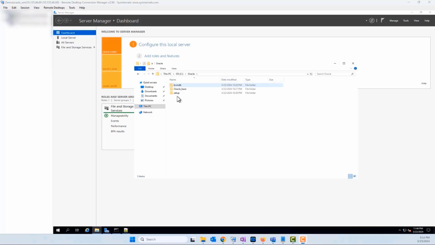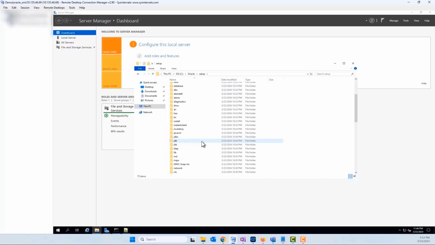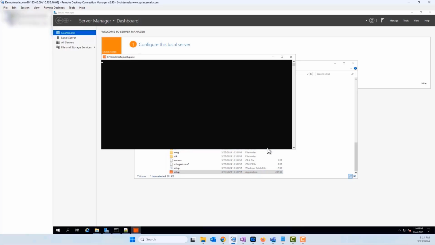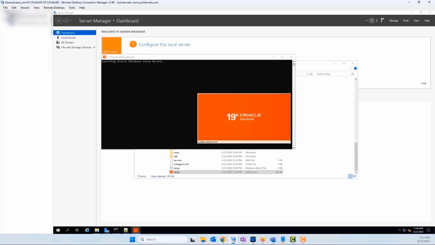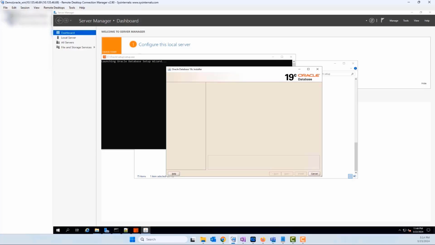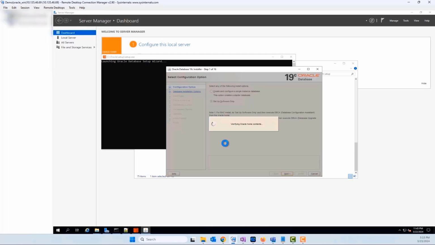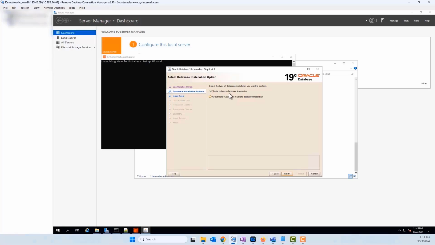Okay, so let's go ahead and click on the setup folder and launch the installer. This may take some time to initiate. We'll go ahead with the setup software only option. Click on next. Single instance database installation, enterprise edition,